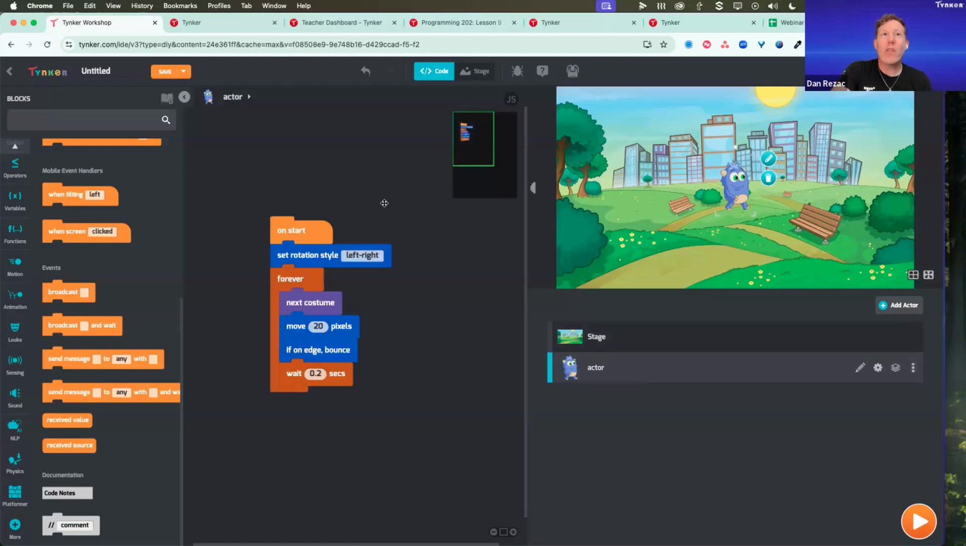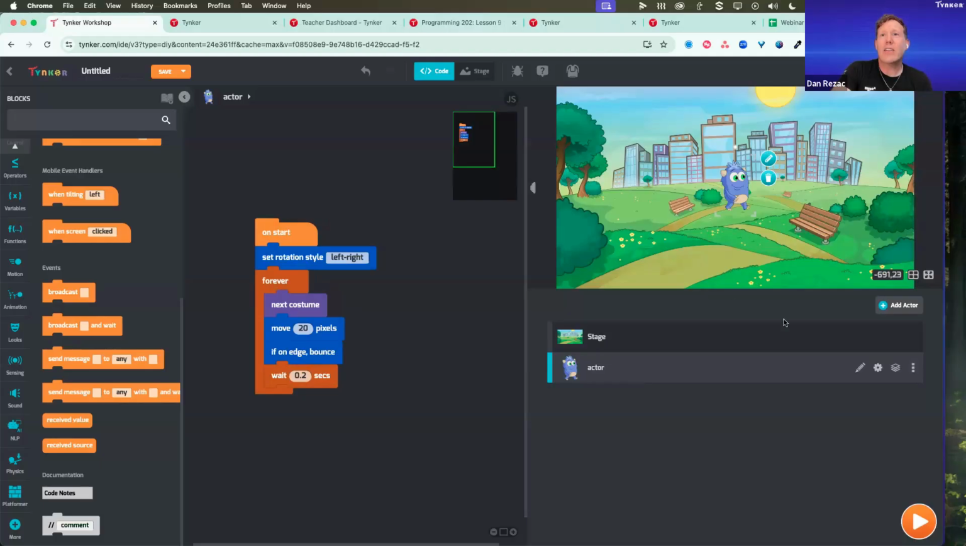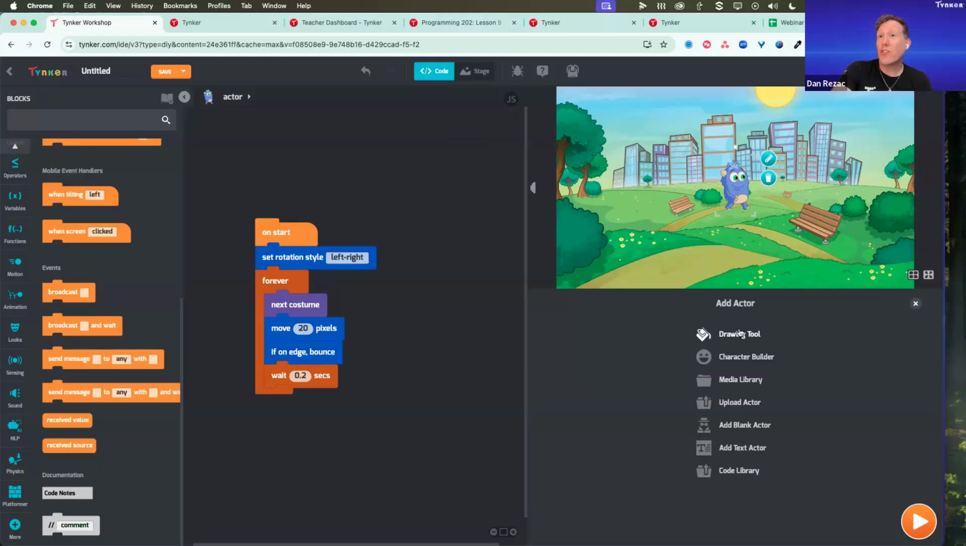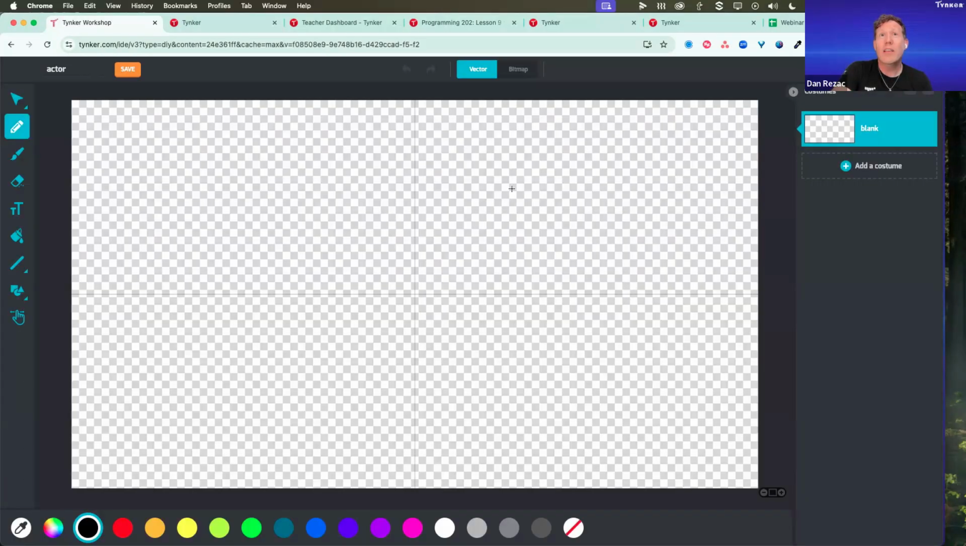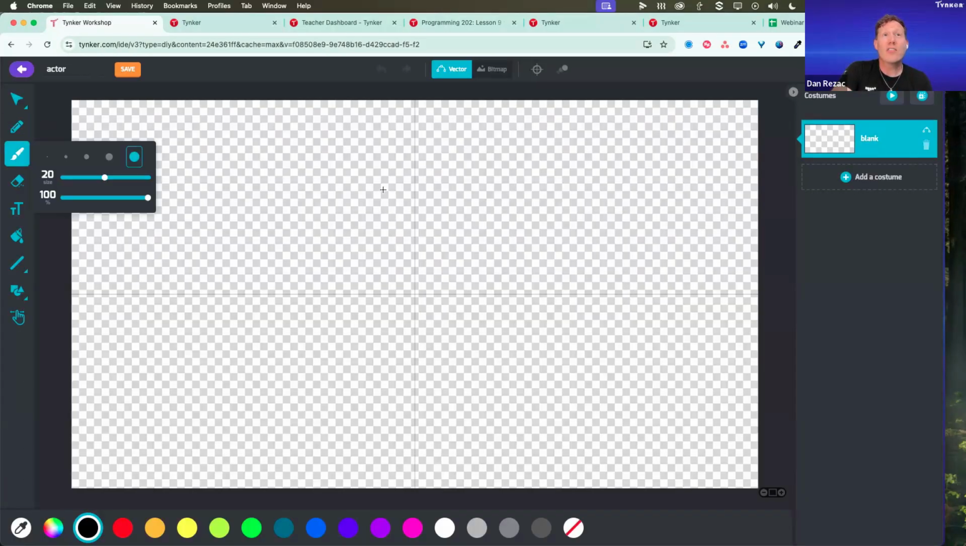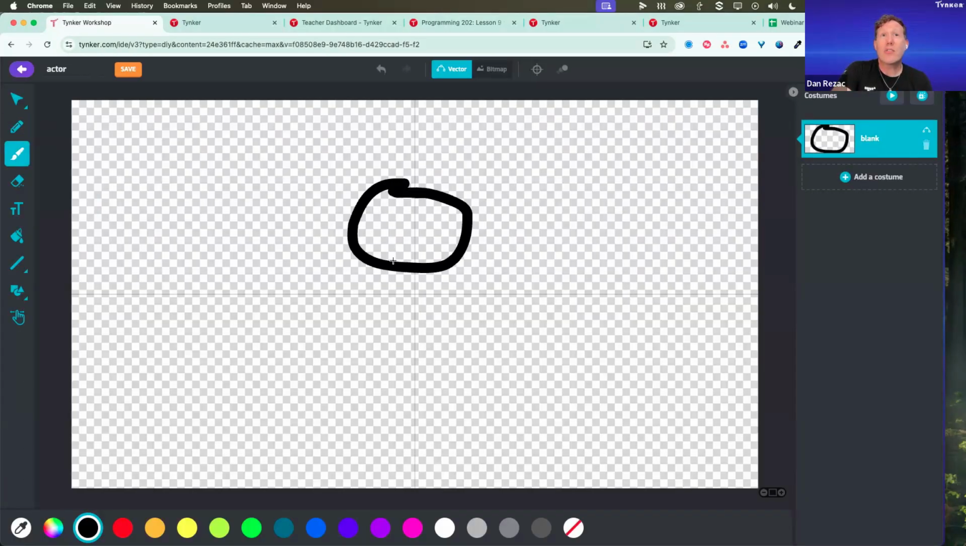And then I've got what are called actors, all these little guys, and a lot of great ways to add actors. So I can add actors with the drawing tool, the character builder. I can upload an actor. I can add a text actor. I can do a lot of this. The drawing tool is probably the students' favorite, as it's just so easy to create